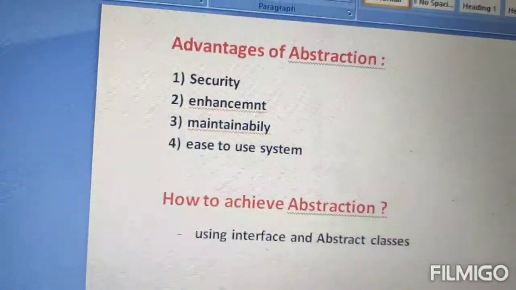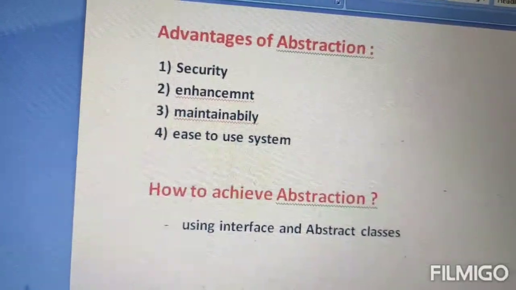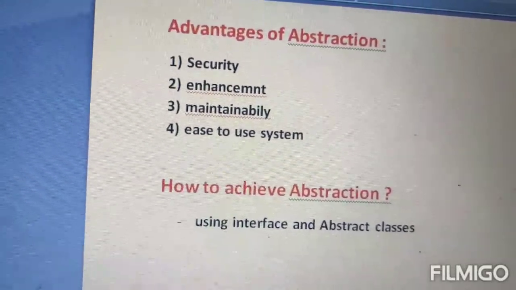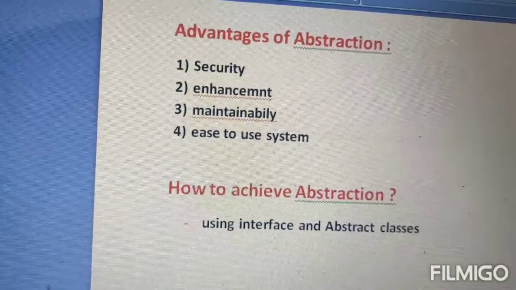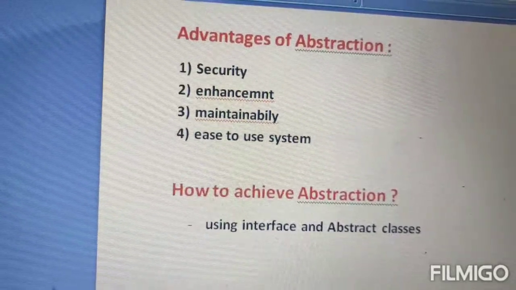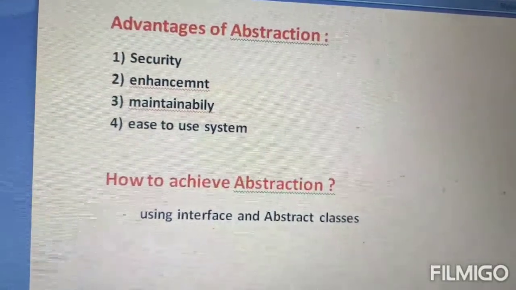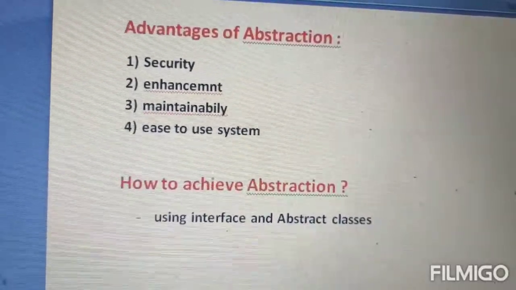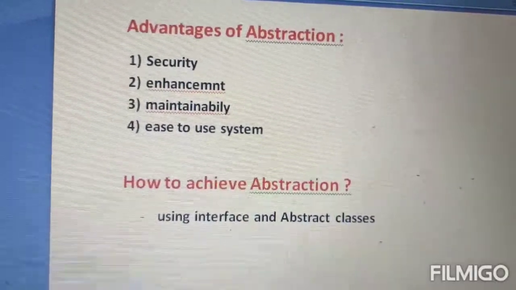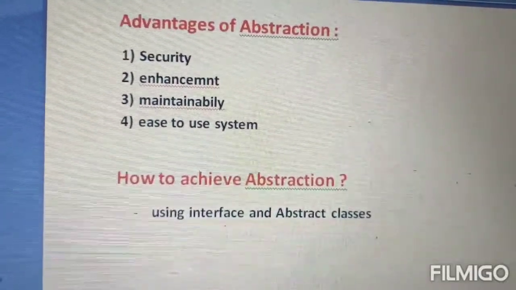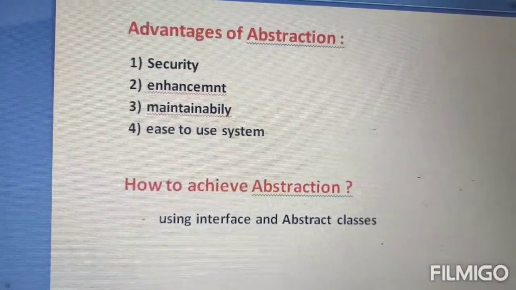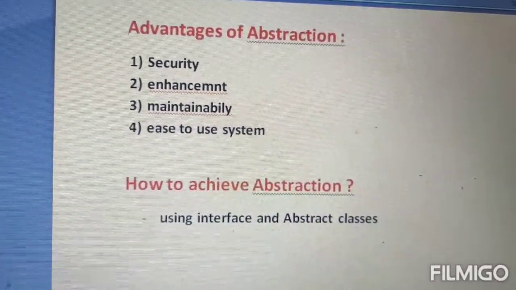So the advantage of this abstraction is that you are able to provide security. Okay, through the bank ATM GUI screen, as we saw in the previous example, bank people are highlighting the set of services they are offering without telling the internal implementation. As they are not telling you the internal implementation, that means they are hiding their private, internal data.